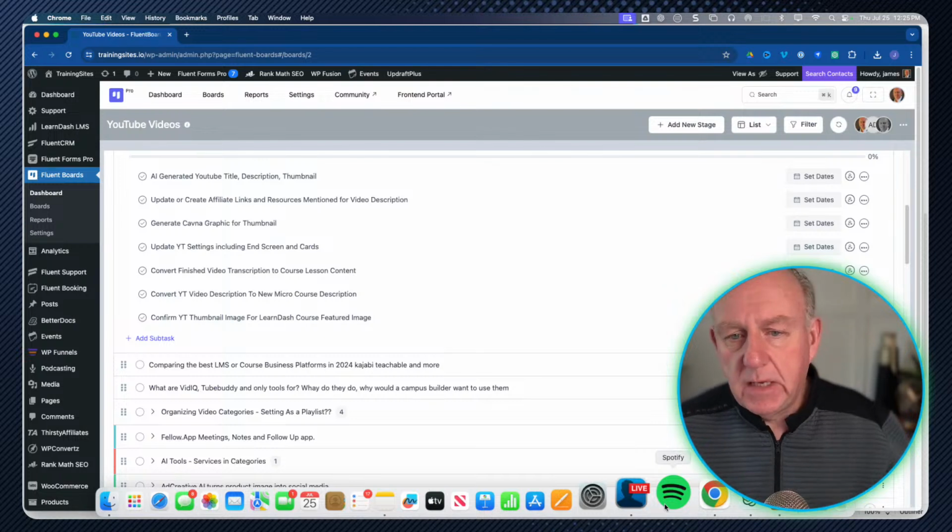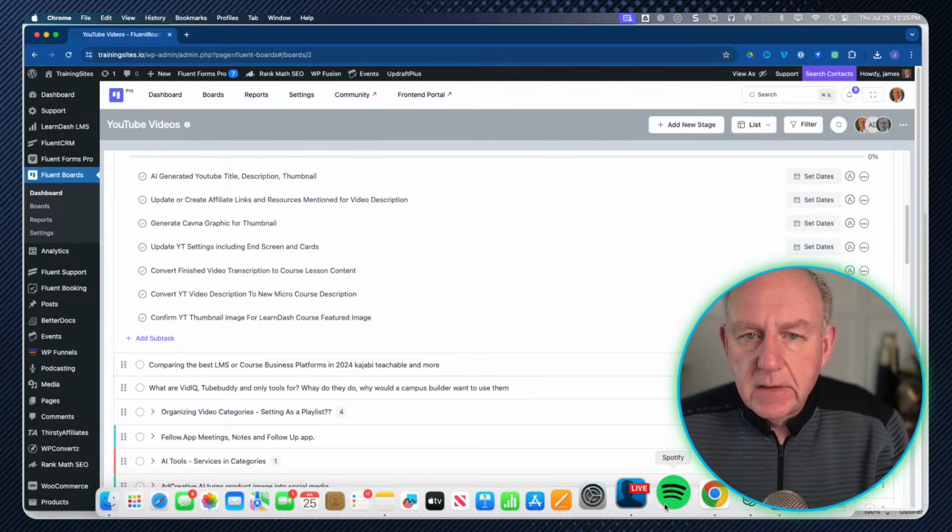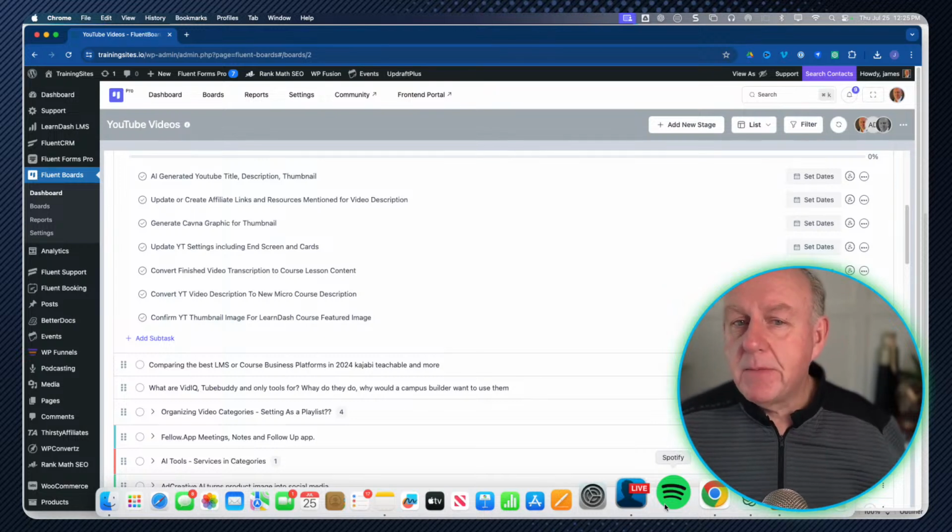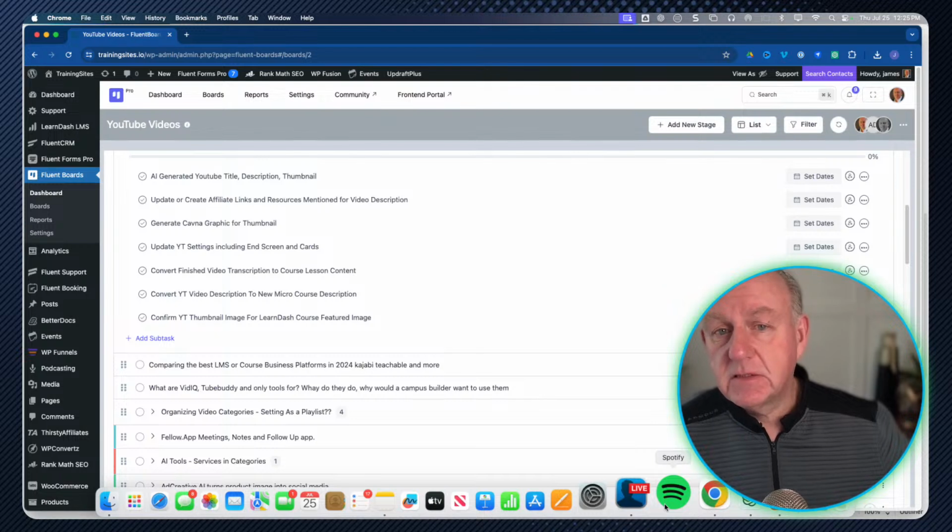We ended up converting the project management tool to one that we own on our WordPress site, from Fluent. It's actually WP Ninja, I think, that is the developer, but they have a tool called Fluent Boards, which is a project management tool, and they also have Fluent Support, which is the help desk tool.